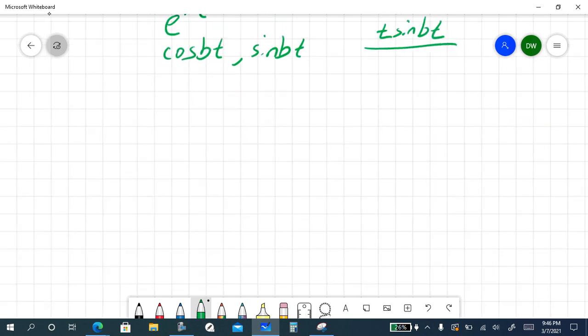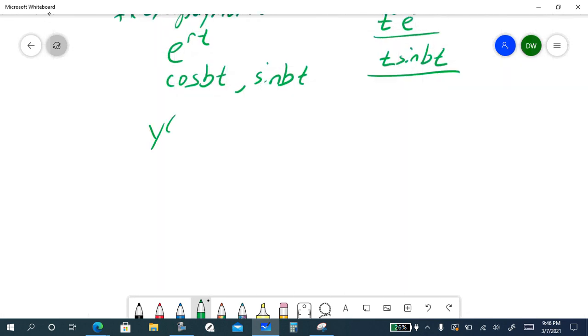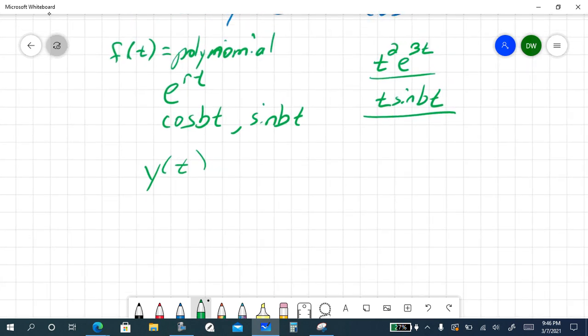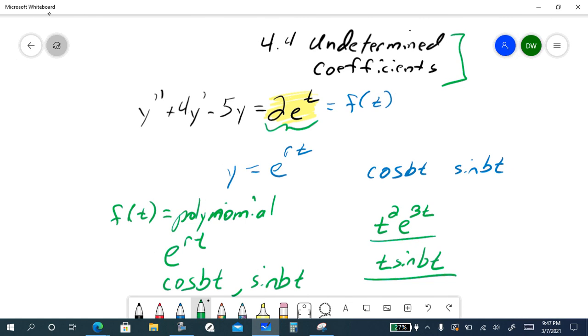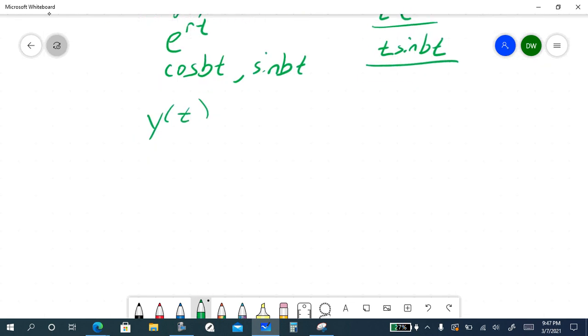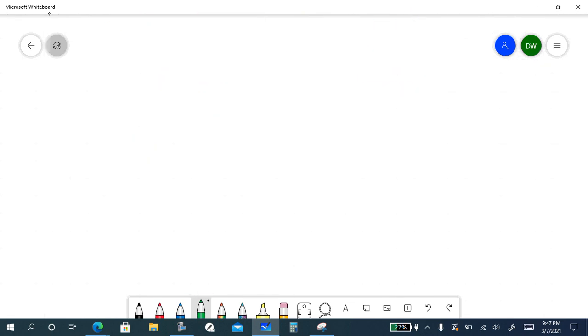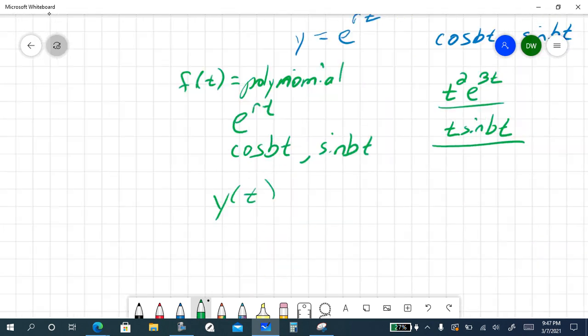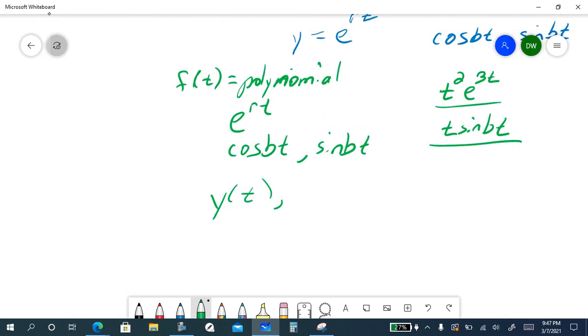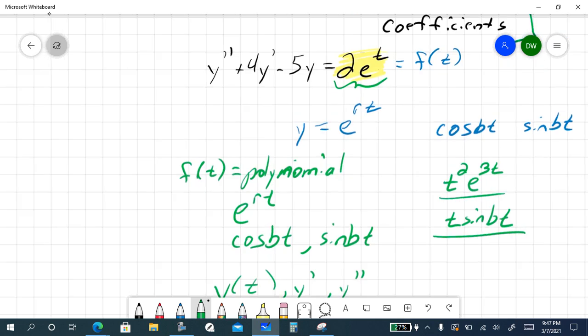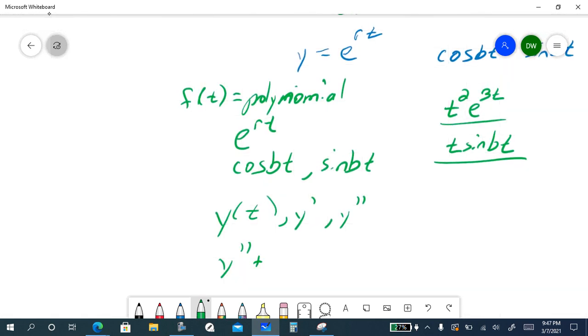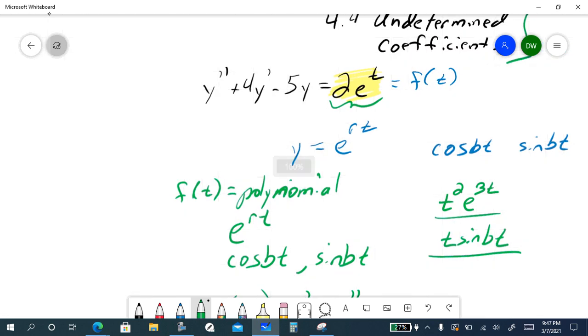If we come up with something that we think is the solution, but once we take the first derivative and second derivative, if we look at this particular example, if I take the second derivative of this and the first derivative of this, and I add them together in the way described above, which is the second derivative plus 4 times the first derivative minus 5 times the function,